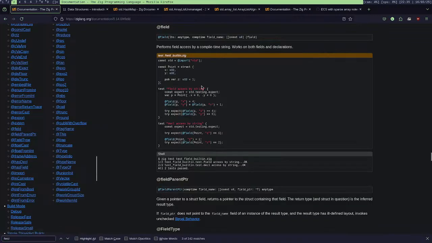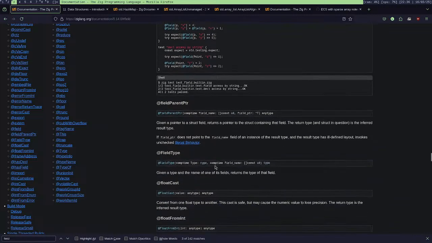What does it? Okay, field. And what if there is no field with that name? Oh, I guess it just crashes probably.